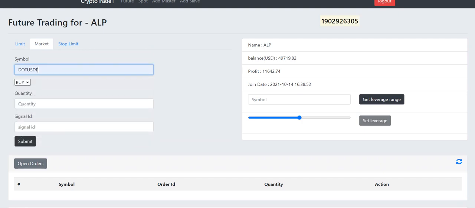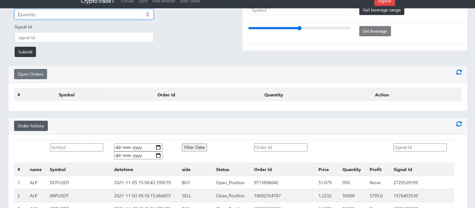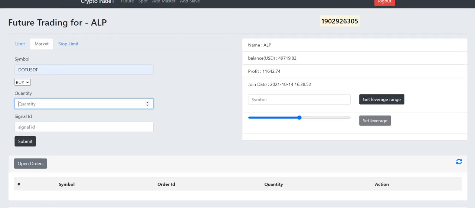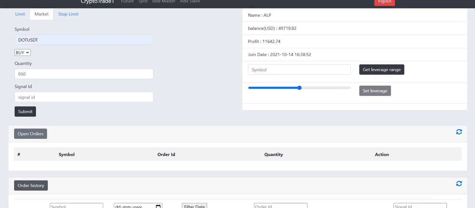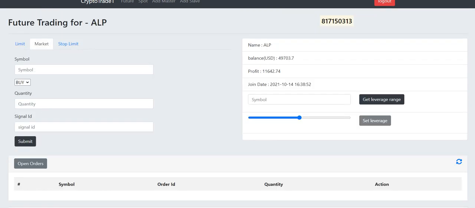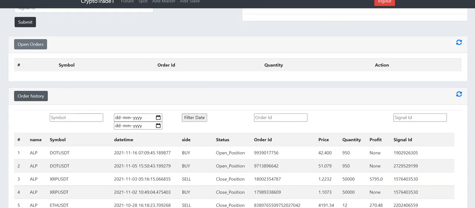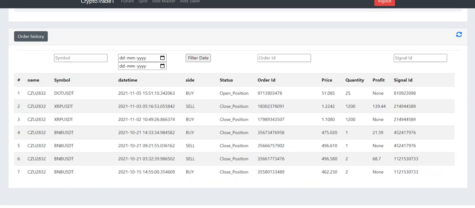Now this is another account, where you can see the current balance is around 50,000 here. According to that we are going to take the futures position for the .USDT, where we are adding 950 quantities for the trade, and once we hit the submit button you can see that the same amount of quantities will be traded into the client's account, which is directly copied into their Binance account through this API. We have connected these accounts for the trade, and you can see that the 950 quantity is already taken at the 42.4 price.